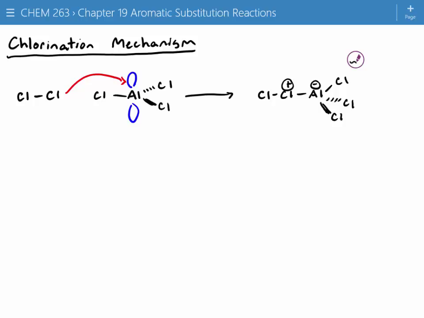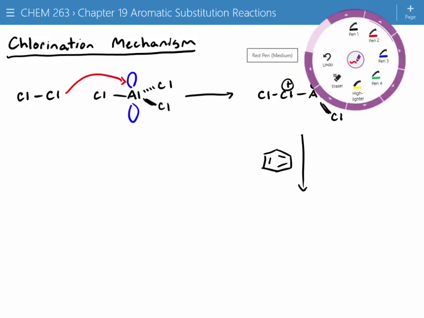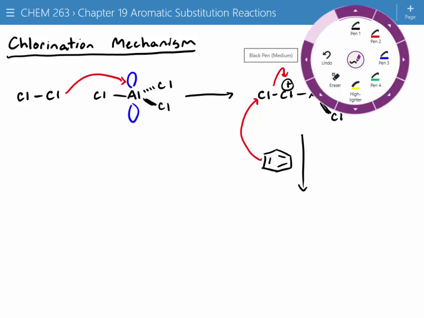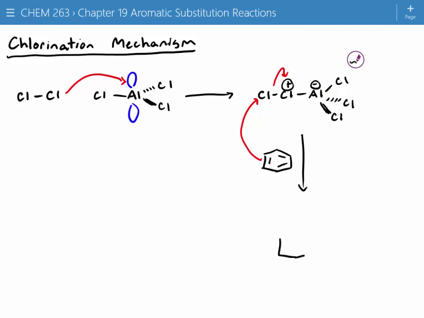So it's very, very similar to the reaction we saw with bromine. We're just using aluminum trichloride and chlorine instead of bromine and iron tribromide. All right, in the next step, we again react this with benzene. And benzene will attack this terminal chlorine here, dump electrons onto the chlorine with the positive charge. And now we've got hydrogen here, chlorine here,